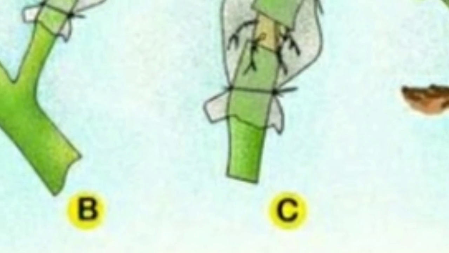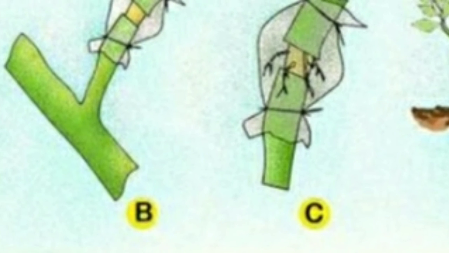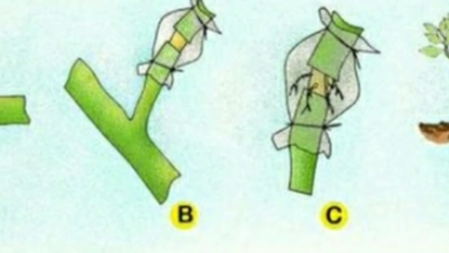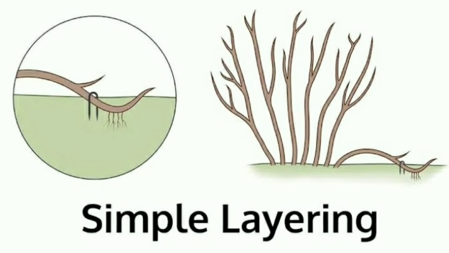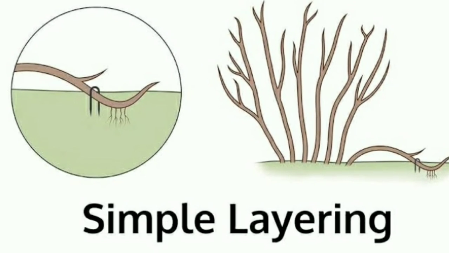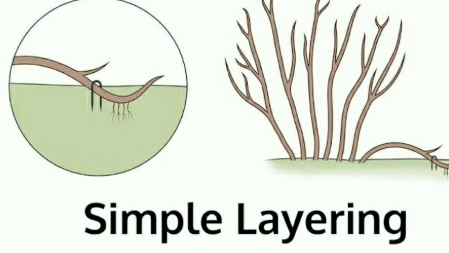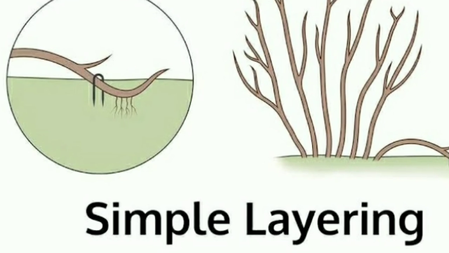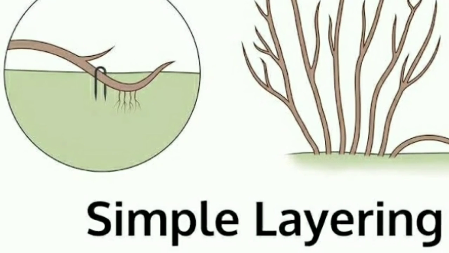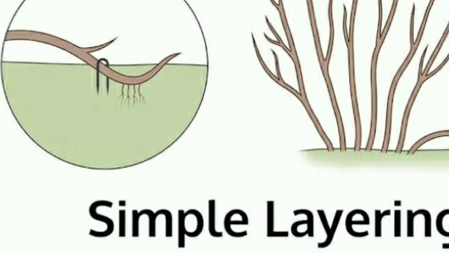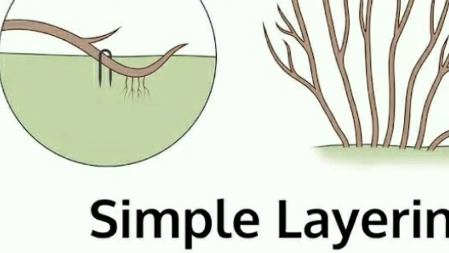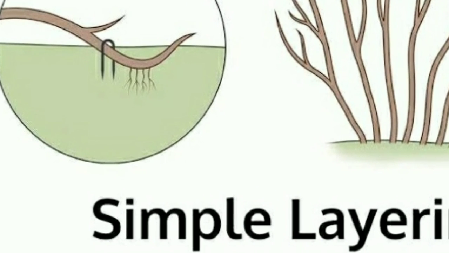This is the air layering method. In this air layering method, we use the plant, sphagnum moss, and silver foil. After this propagation, it develops into new plants after 2 to 3 months. The simple layering method is one of the propagation methods. In this method, the plant stem is bent into a U-shaped structure, and the U-shaped stem is immersed into the soil. After 2 to 3 months, it develops into a new plant.